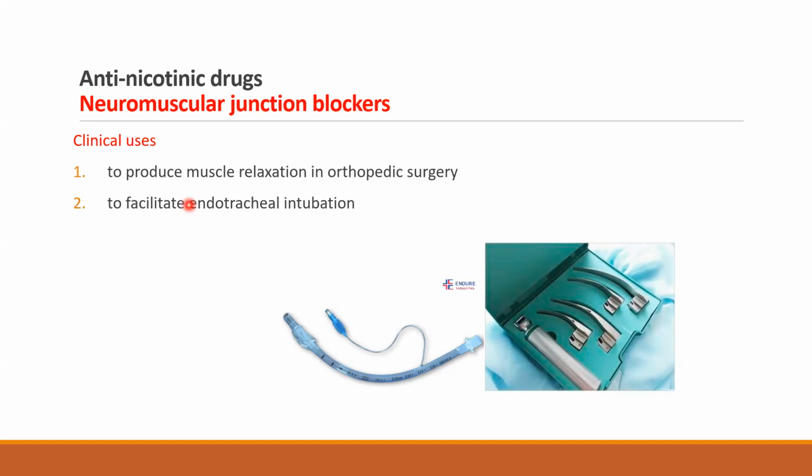So in order to insert this endotracheal tube through the larynx to the trachea, we need the neck to be hyperextended. So the positioning of the head itself to facilitate the intubation needs muscle relaxation. It's actually paralysis, not even relaxation. So we call them relaxants, neuromuscular relaxants, but they are actually paralyzing agents.